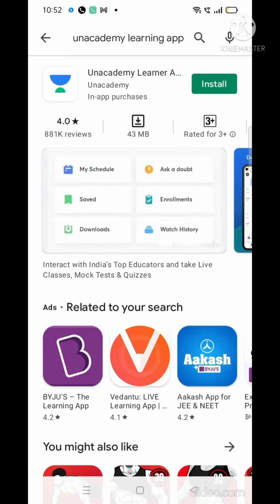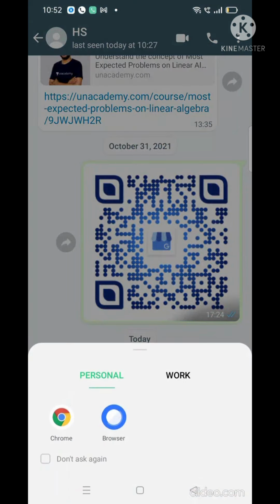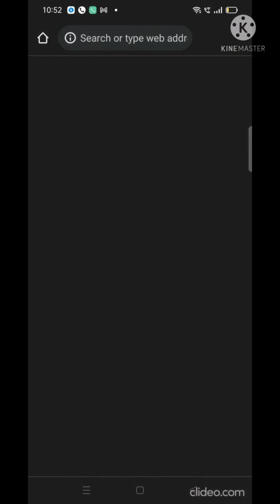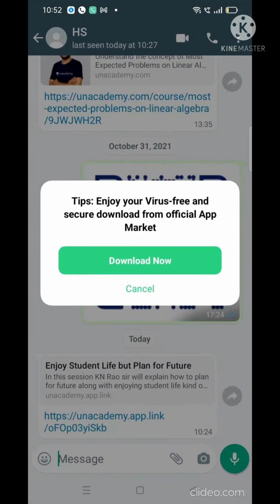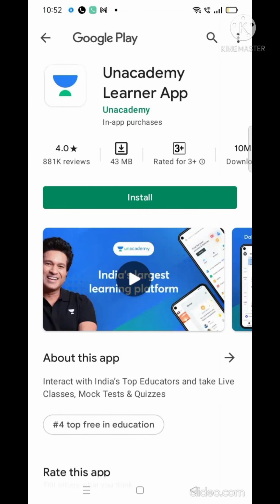This is one of the ways, and in another way we can go directly, we are going to share one link for you. If you click on this link, it will automatically redirect to the Google Play Store, to the same app. So the first step is going to be to install the Academy Learner app.